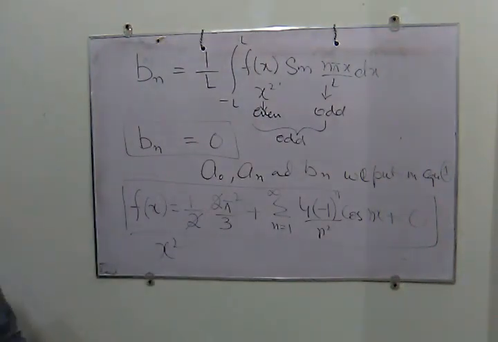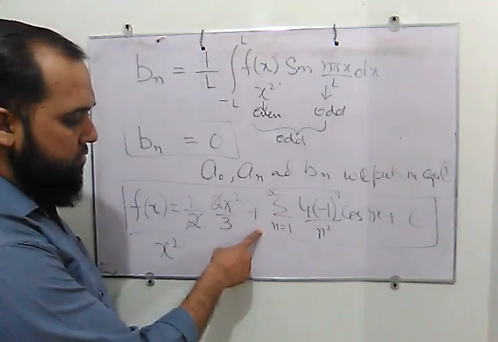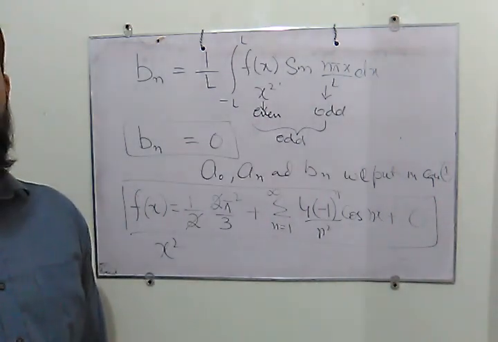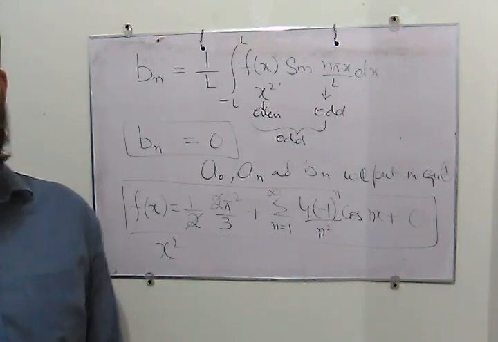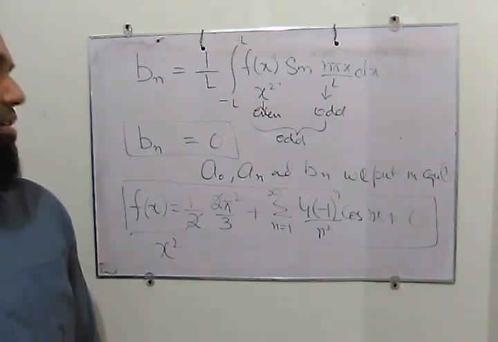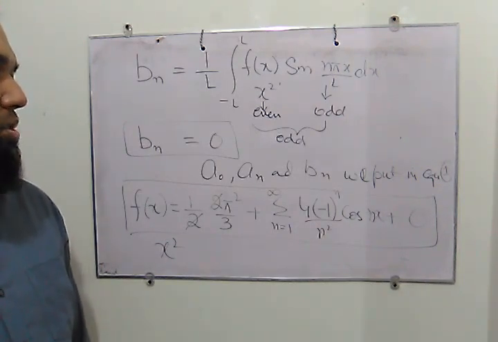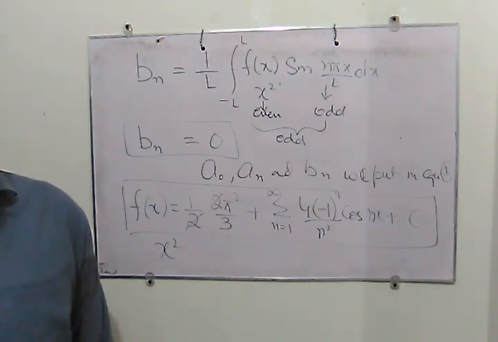If you draw the graph of x square, what you will get is the same graph when you draw the f of x. So you can draw the graph in terms of sine and cosine. So this is the topic of Fourier series, and it was reviewed because we are going to use the method of separation of variables, and we will find some application of that Fourier series.